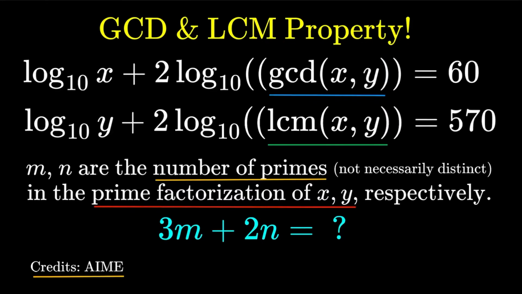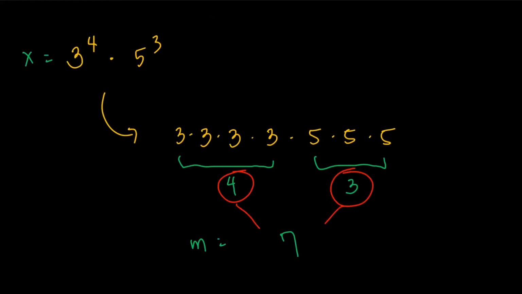Here's an item on number theory. X and Y are both positive integers such that these two equations are true. And define M and N to be the number of primes, not necessarily distinct, in the prime factorization of X and Y, respectively. So just to give you an illustration of what this part means, let's just say we have